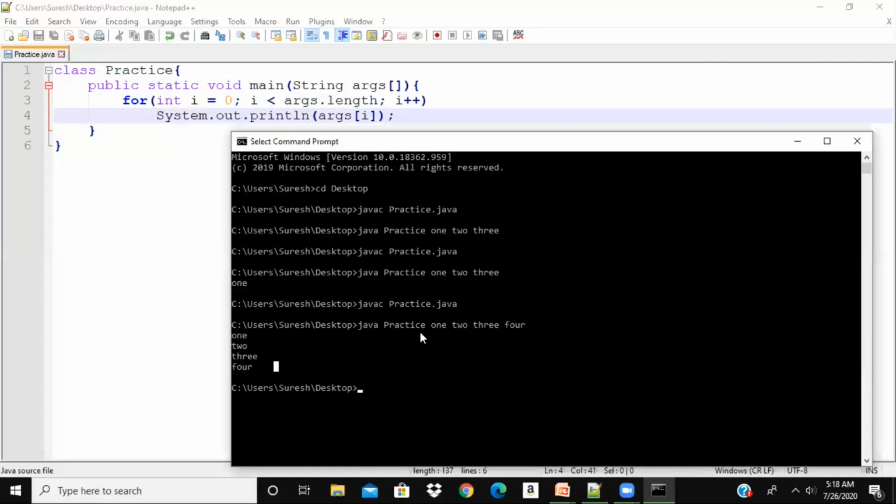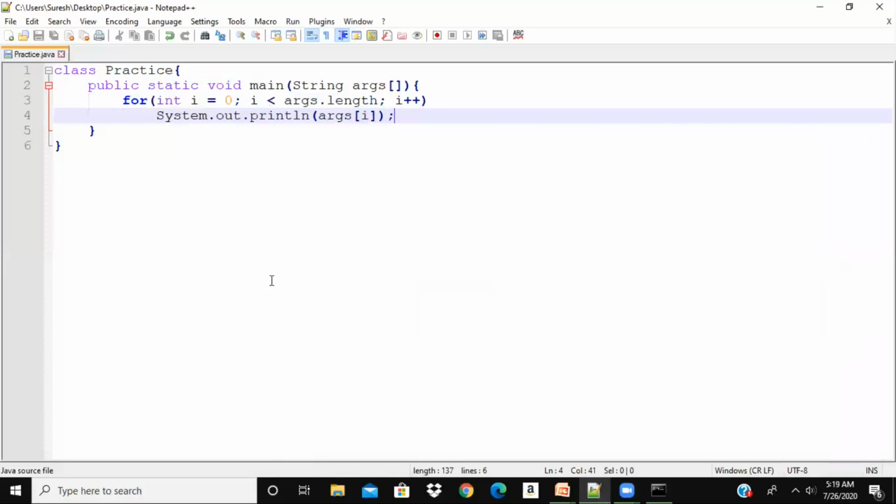Here I am passing the command line arguments while executing my program, after the name of the file. To access the command line arguments, we make use of this args parameter. We can know the number of arguments passed by using the length instance variable, which is a member of the array class. This is one way to use the command line arguments. Let us go to the PPT.